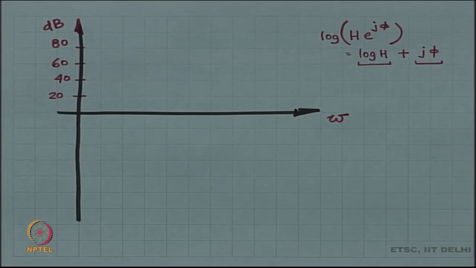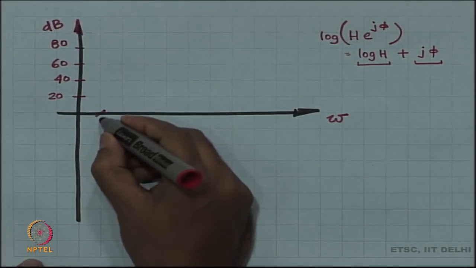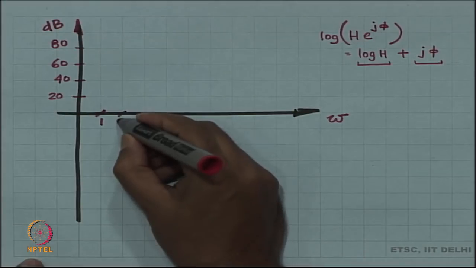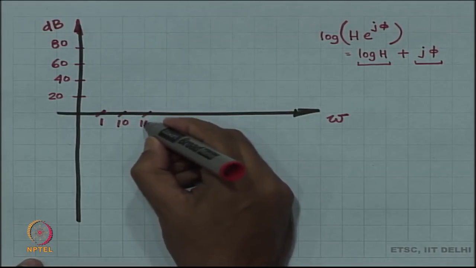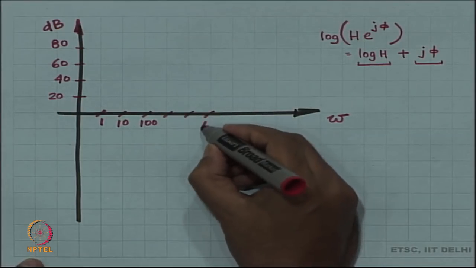omega in the log scale, which means that if this is 1 radian per second, I am going to call this 10 radians per second, 100 radians per second, 1000, 10,000, 100,000,